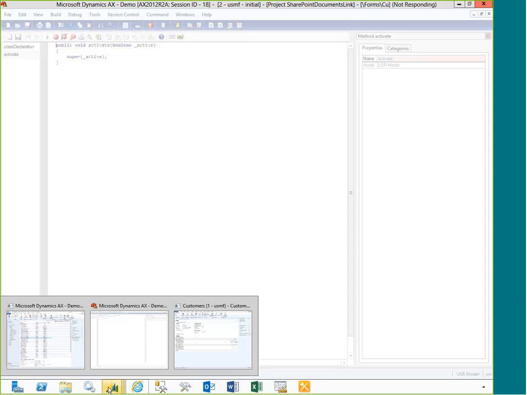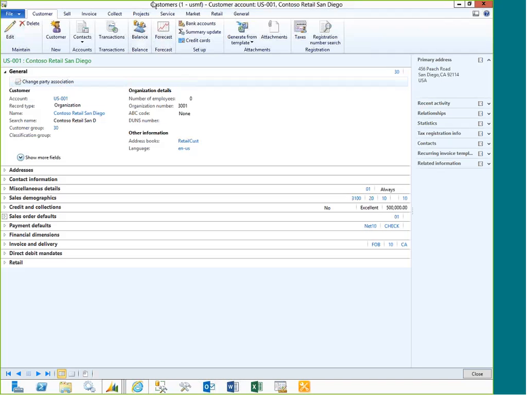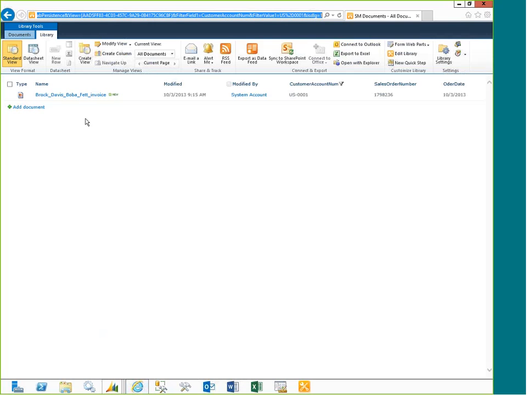Hey, Murray, while that's waiting, we do have a question that came in. The question is, is it possible to enforce records retention policies when using SharePoint as a repository for AX documents? Now, SharePoint itself has a lot of capabilities around document management. I'm not quite sure what retention policies you'd be looking at, but say, for example, if